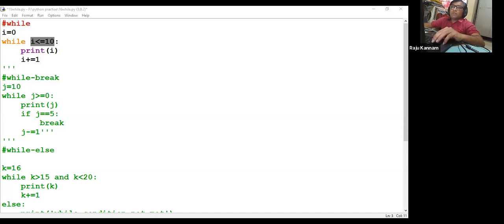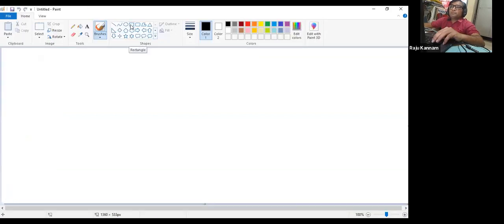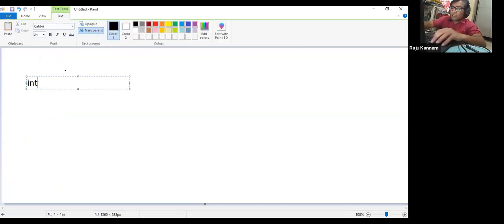So the structure of the while loop will be, first we have to initialize the count. Generally we will initialize it to 0. Then after that, write while and put the condition here.